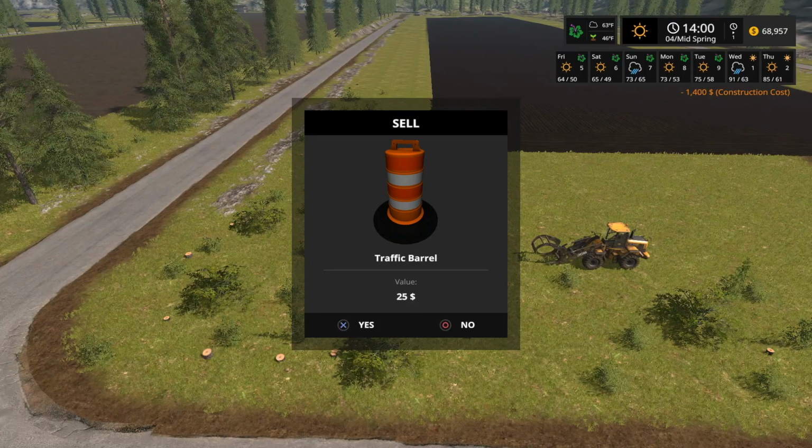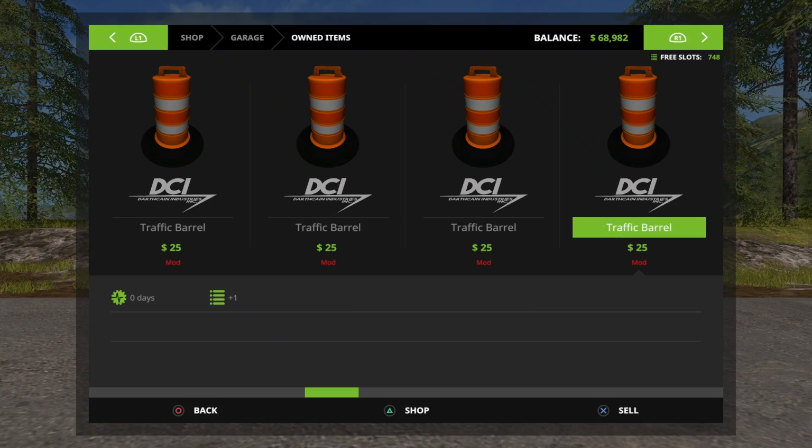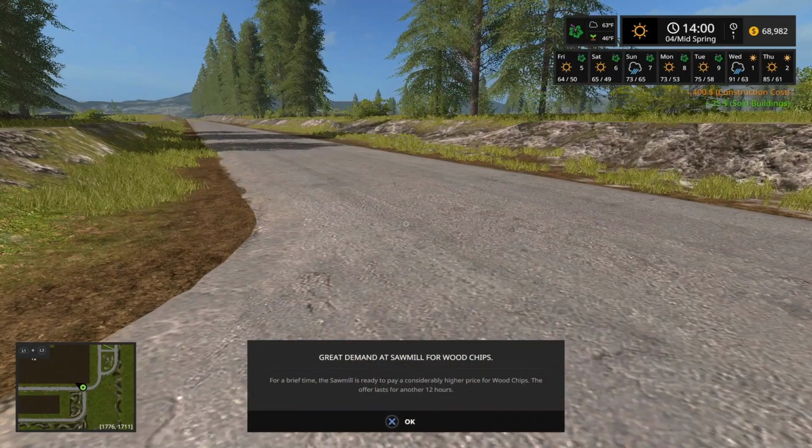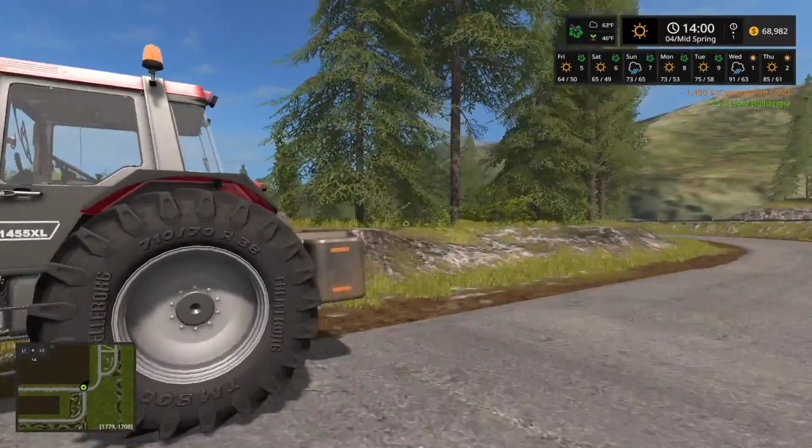How much did those cost? Did those really cost money? Yeah, $25. Wow. Okay, we just spent a little bit of money. Okay, great demand for wood chips. We don't have any wood chips. So,